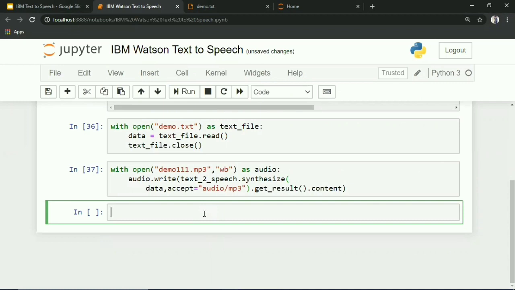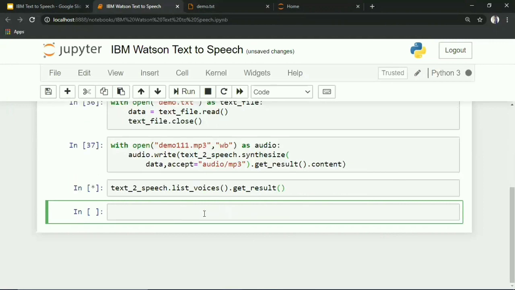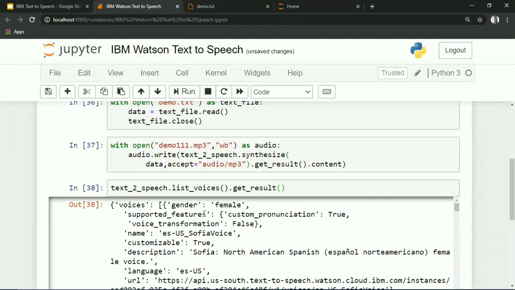To get that all, enter text-to-speech dot list voices dot get result. This will return all the voice models available at IBM Watson text-to-speech service and detailed information for each voice model.